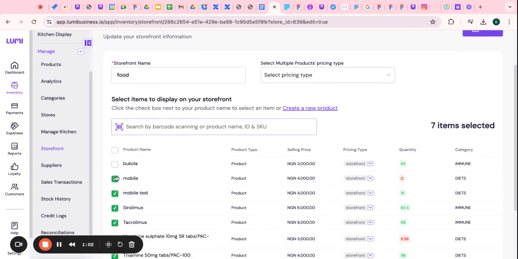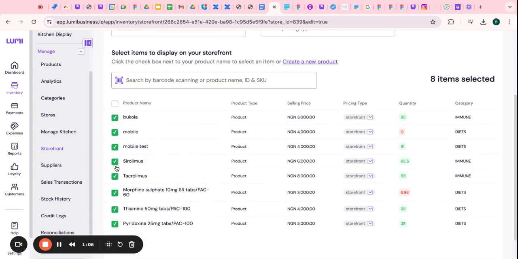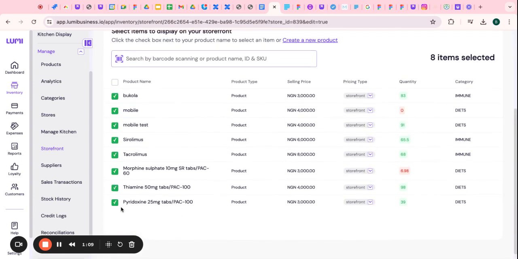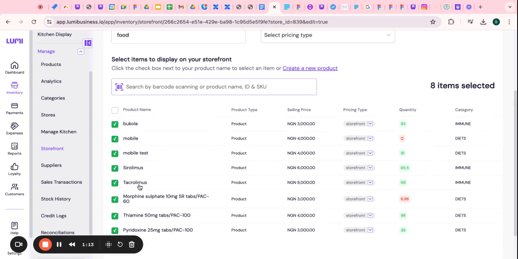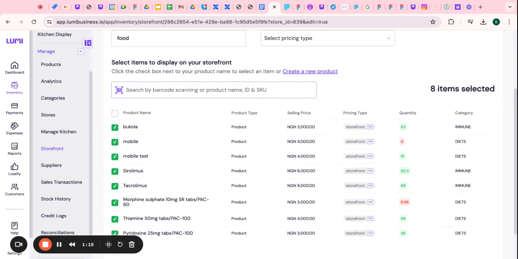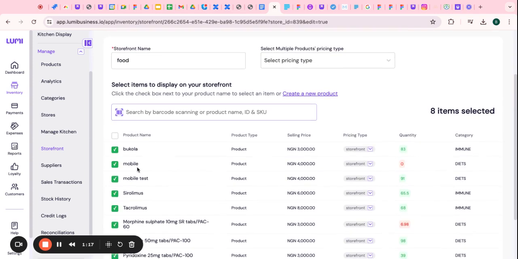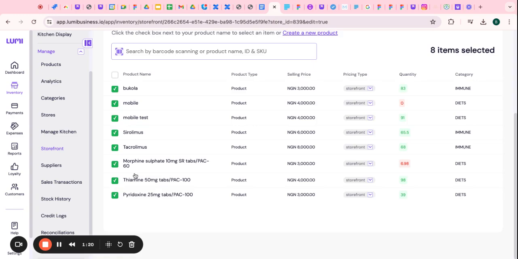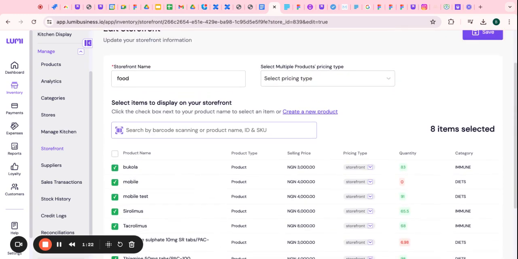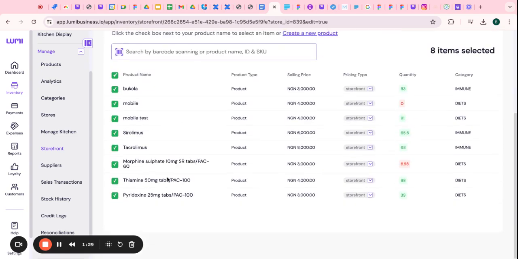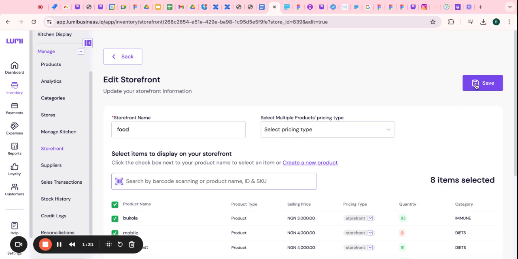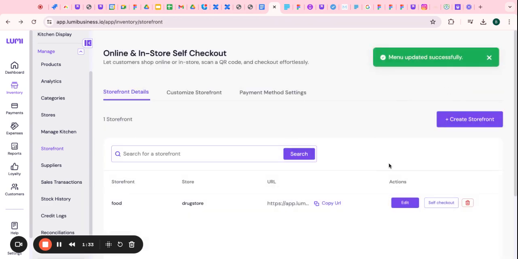I can decide to click on any amount of products I want, or if you have more products, you can add more to your storefront. Probably when you were creating your storefront, you just selected a few items. Now you want to go back and select more items. This is the page where you select more products to be displayed on your storefront. After doing that, you click on next. That is basically what to do